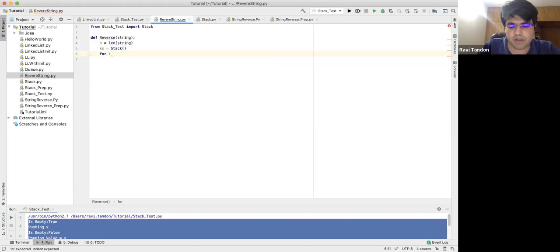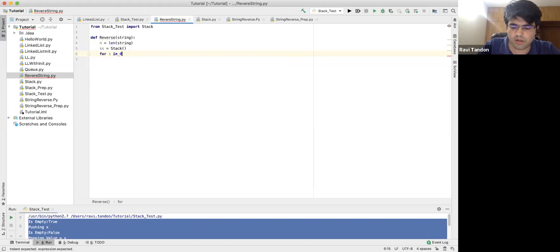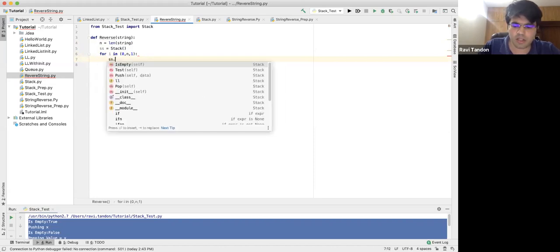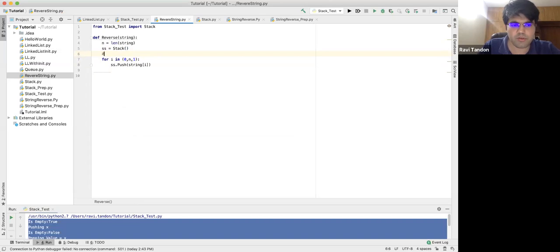We'll use a stack variable or a stack element, and then we'll iterate. So for i in range 1 to n. Sorry, it should be from 0 to n with a step of 1. Right. And then for each element we just push it into the stack. So just push it using the string. Essentially this is the push phase. I just implemented the push phase,